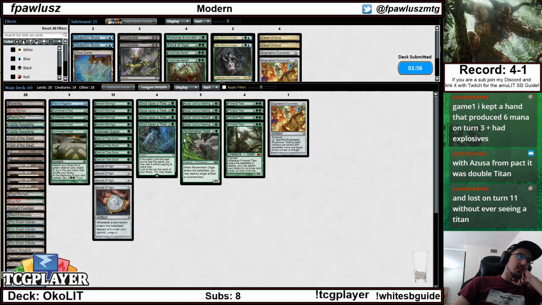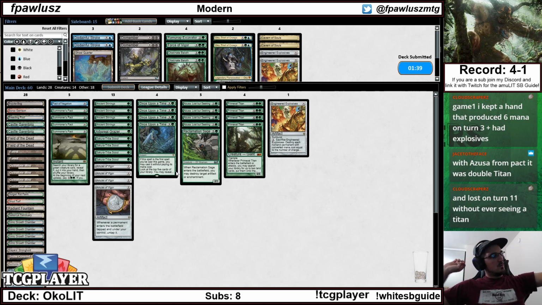We could have double Titan, but then we would need to Pact for Asusa, and then we can't even haste them both, so what's really the point? We can just play our Titan, then on the following turn play our Titan again and just win that way. If you wanted to show your opponent what the deck can do, and you just want to show off a little bit, then of course, but